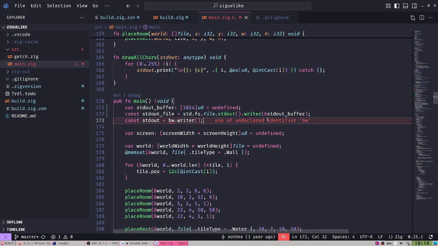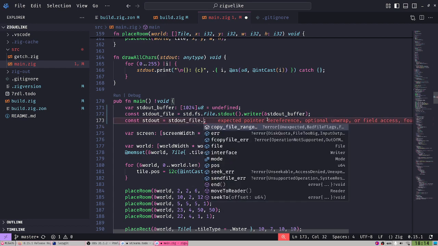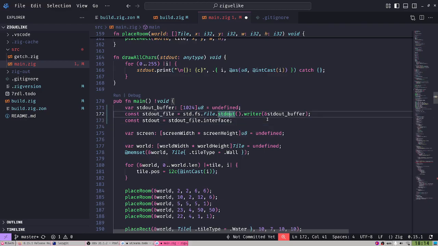By the way, why doesn't ZLS work here? I'm not exactly sure. So the stdout, now we're gonna use the interface, but the stdout, let's call this a writer instead, so it's not confusing. Okay, there it is. And that should be it.